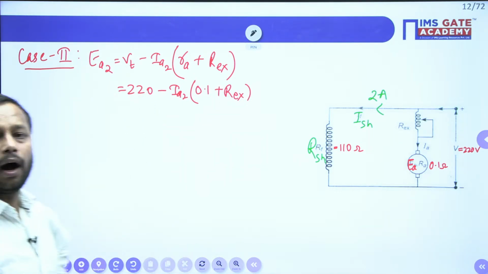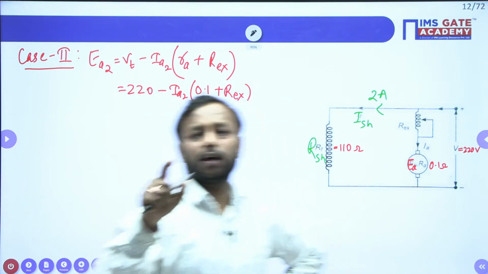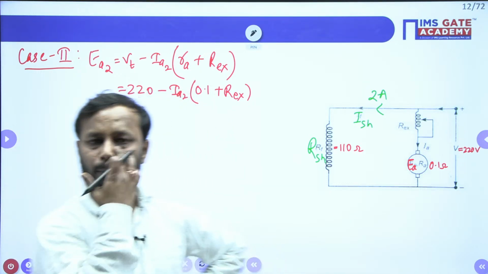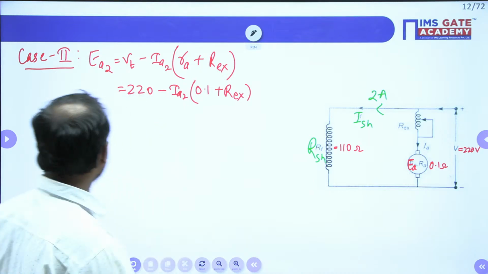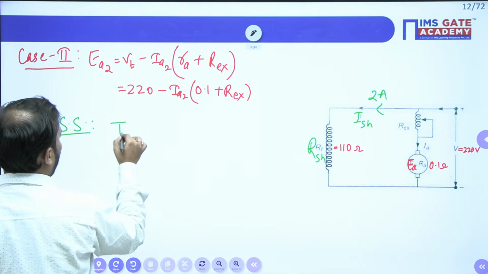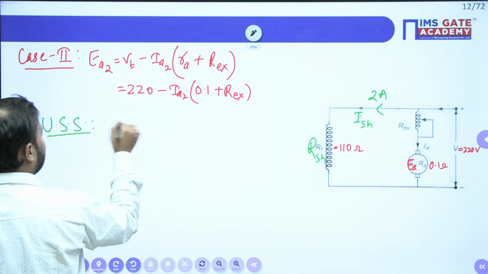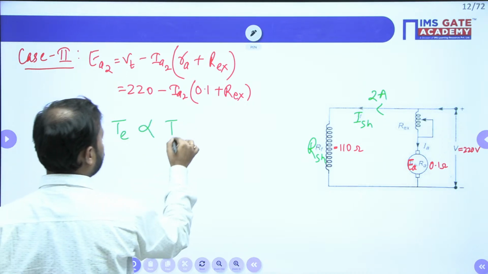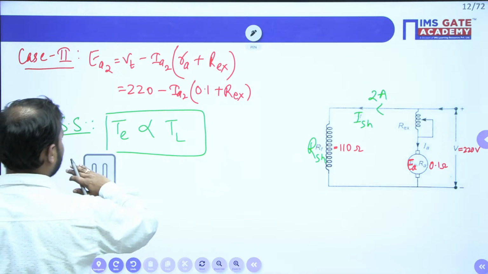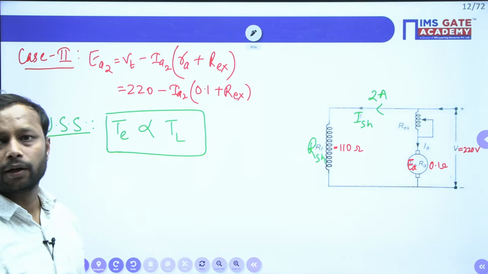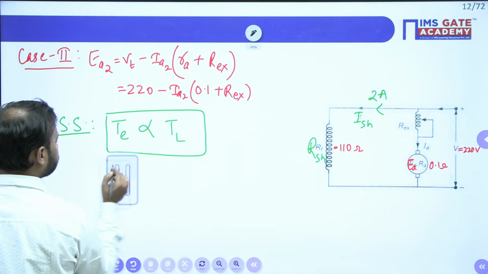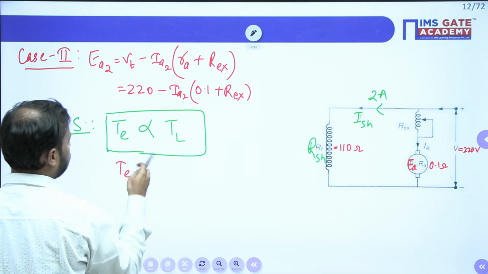So we have an equation, or you can say the characteristic of the load, that the load torque is proportional to the square of the speed. So under steady state, the electromagnetic torque is equal to the load torque. Again, this relation is very, very important. So the load torque, this electromagnetic torque, is what basically? This is proportional